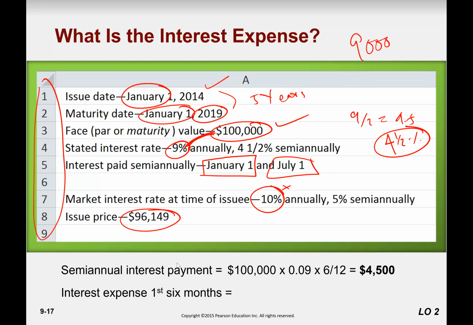Okay, so that was our given data here. So remember, whatever the interest in the market, the company would pay